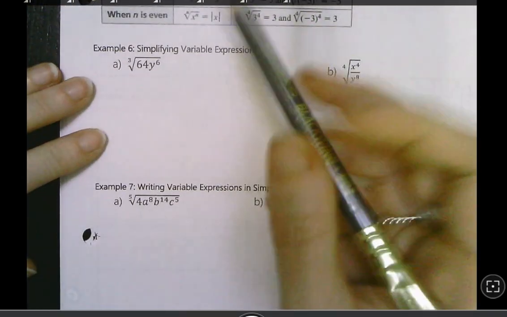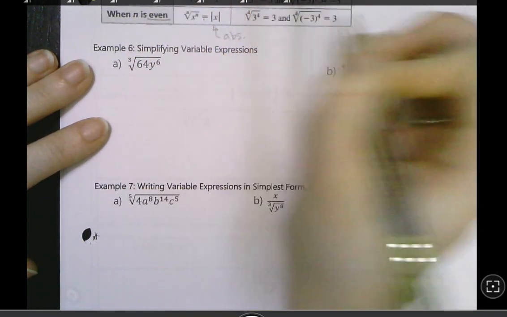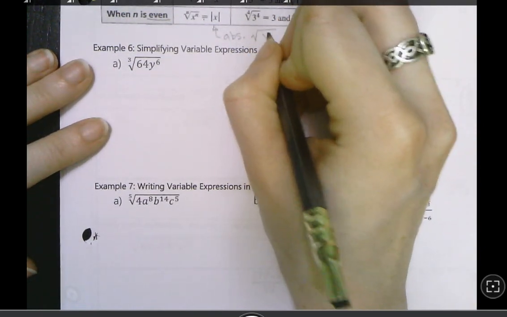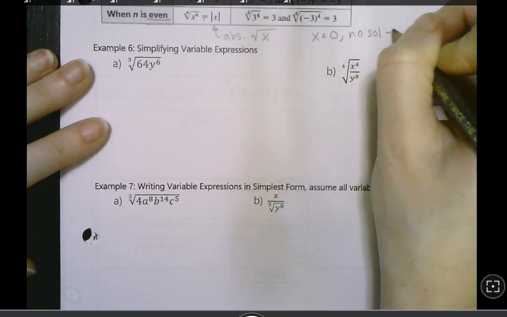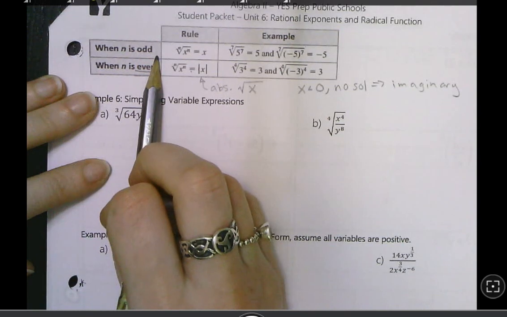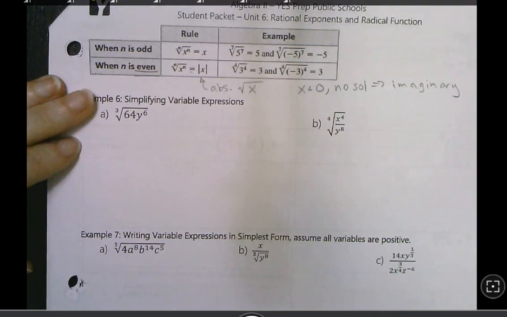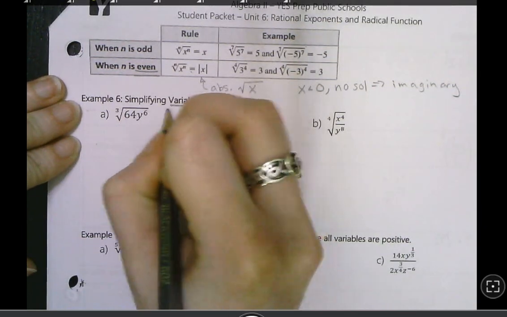Our rules here are that when n is even, we need that absolute value. And that's because if I have the square root of x, but x is less than 0, there's technically no solution because we get imaginary numbers. But when it's odd, we will always have one solution and it will always be real, so we don't need our absolute values. So if we look at example 6, simplifying a variable expression now, so now instead of numbers,